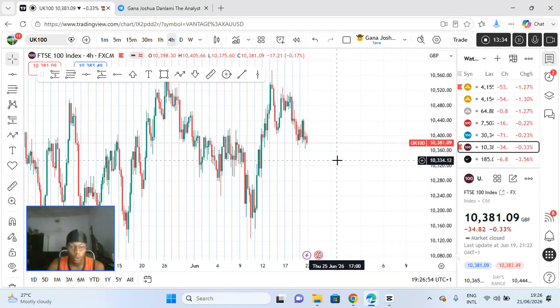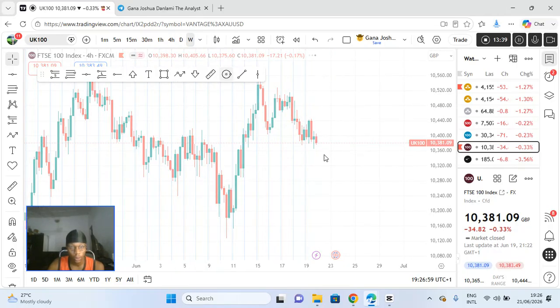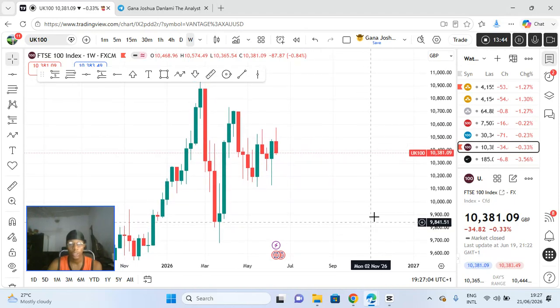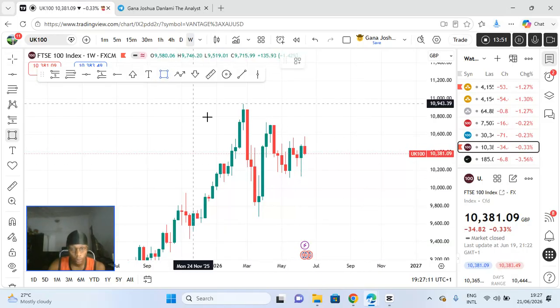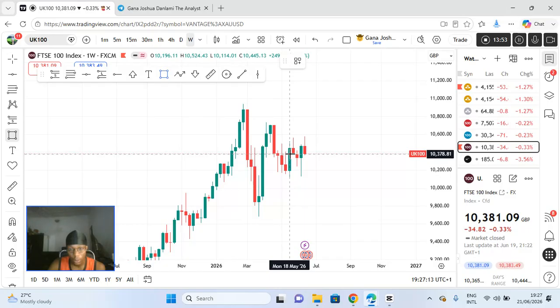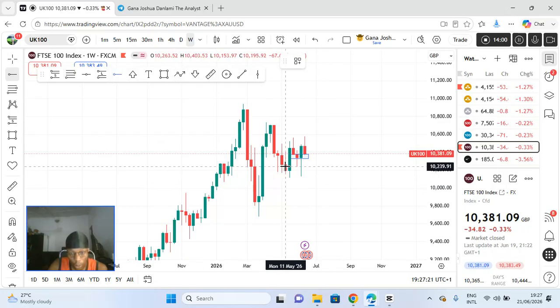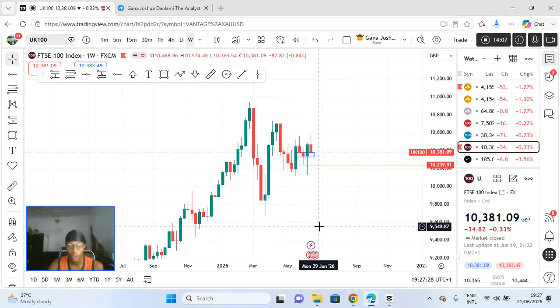So for UK 100, straight up without even looking, let's check it out from the weekly. Weekly, what's happening right here? So weekly perspective, until price breaks this level it is still bullish, but there is still a sell opportunity even within the